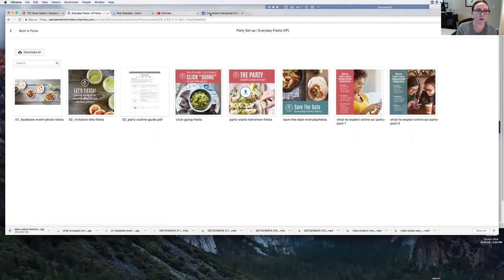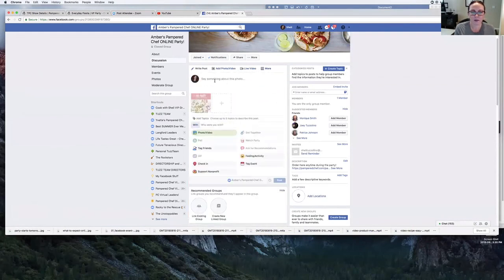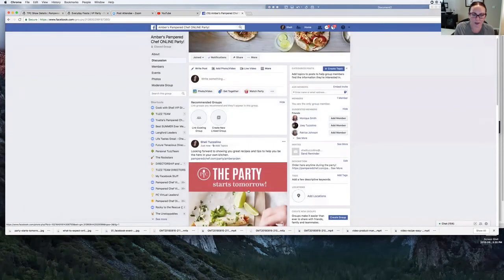So let's start tomorrow. So go in here, and this one's ready. Put that up there. It says let's party. The party starts tomorrow. Looking forward to showing you great recipes and tips to help you be the hero in your own kitchen. And then you could put in the host link again. Party-Amber Arden and host. And so now that takes it so that when this comes up, they just click here